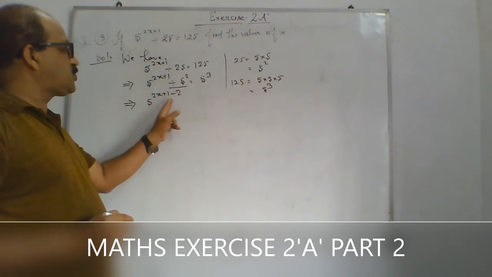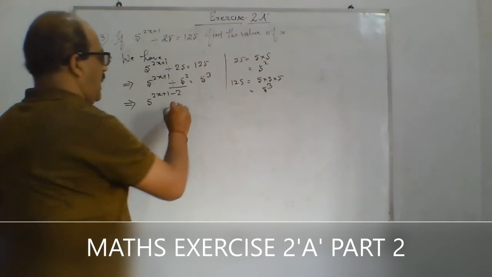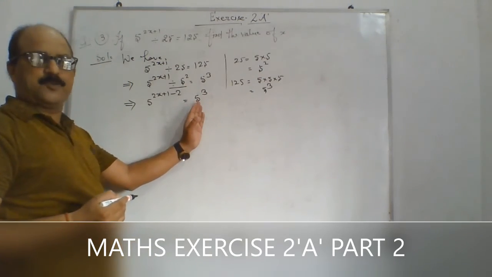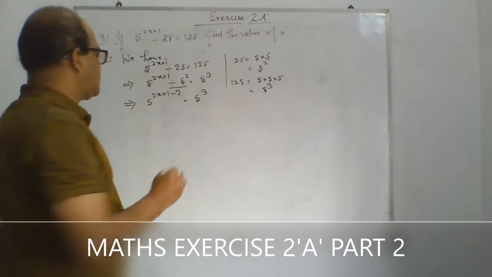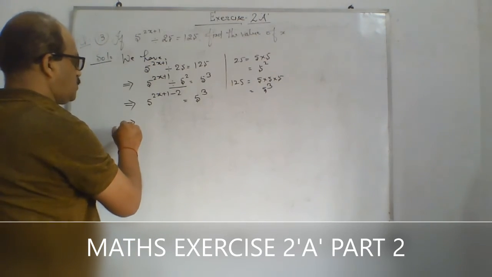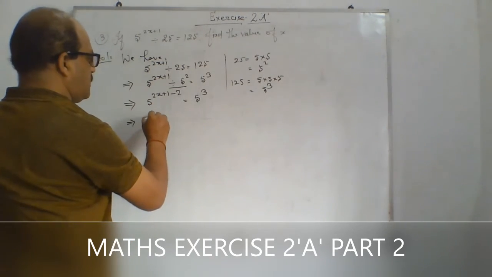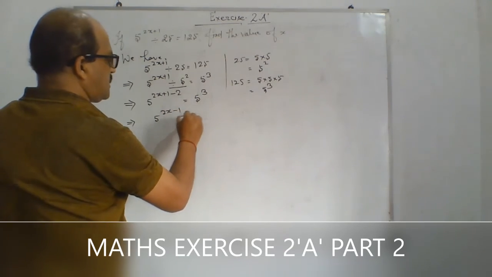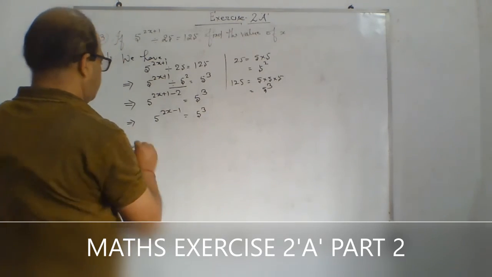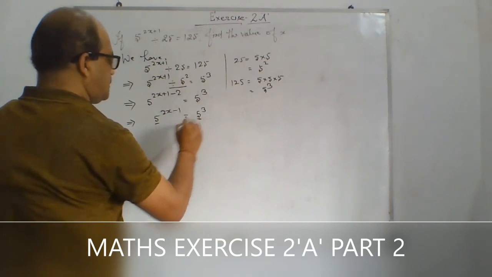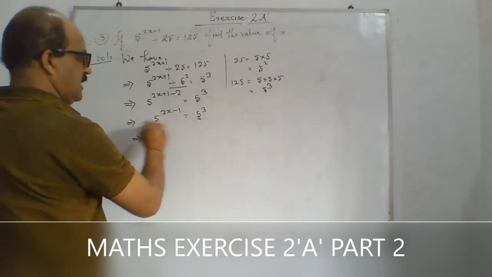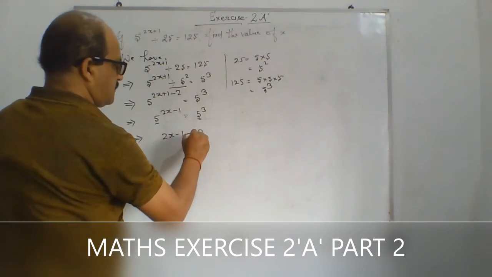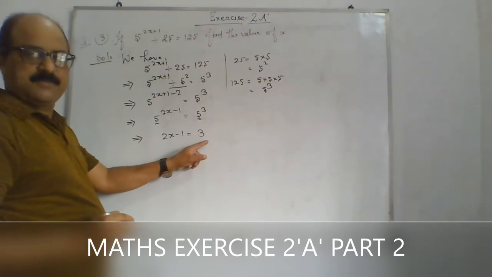So minus 2 will be written in the exponent, and on the RHS 5 cubed remains the same. To simplify, 5^(2x-1) is equal to 5^3. In both places the base is 5, so leave it, and the equation becomes: